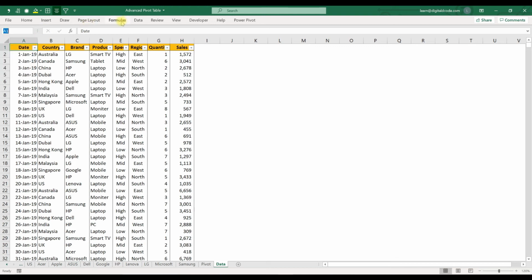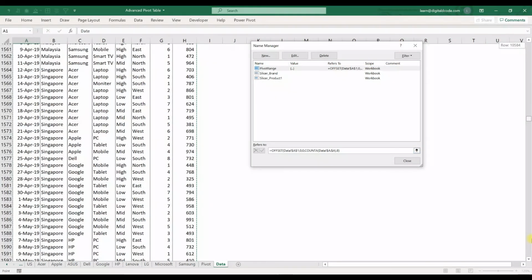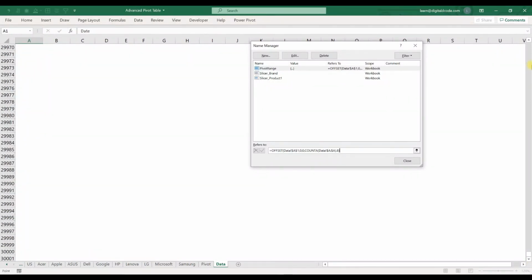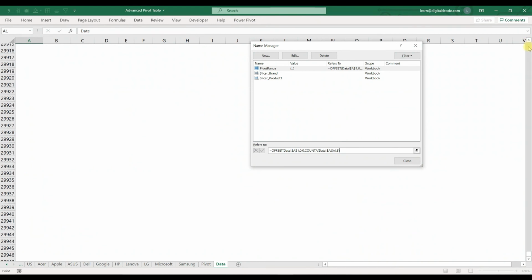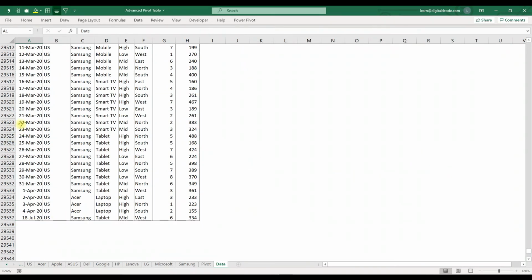Now if you go to formula, pivot range, if you click this, you can see the range till which data it's picking. See, it's picking till the end. Let me add something.